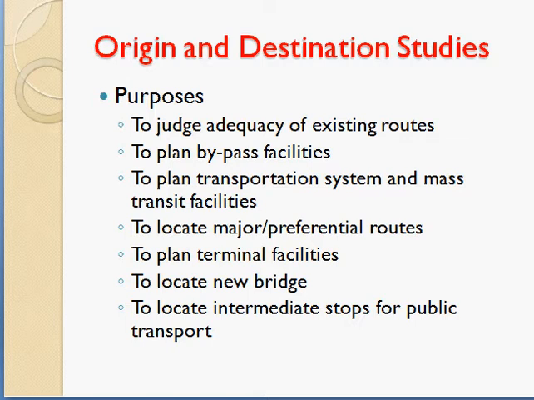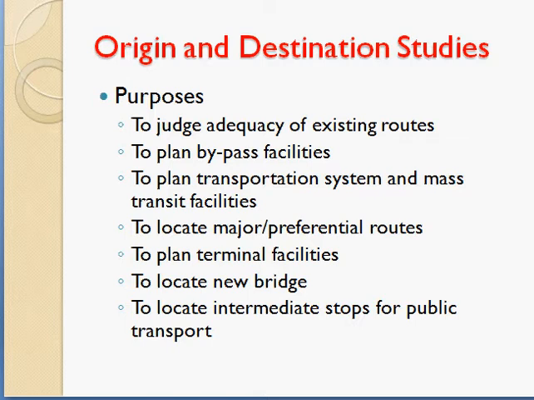Suppose we have three points A, B, C. Suppose B is a town, and A and C are rural areas. But for traveling from A to C, you have to pass through B. Then the congestion at B will increase. If something like that happens, you can provide a bypass from A to C. Whether you need to provide a bypass or not can be decided based on these origin and destination studies. Then, to plan transportation systems and mass transit facilities like metros,